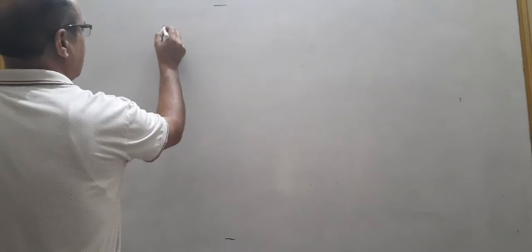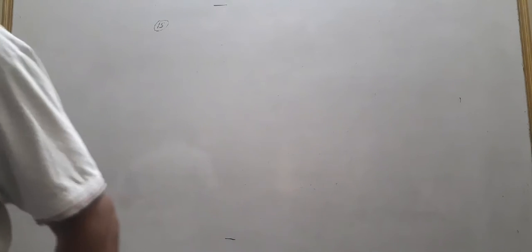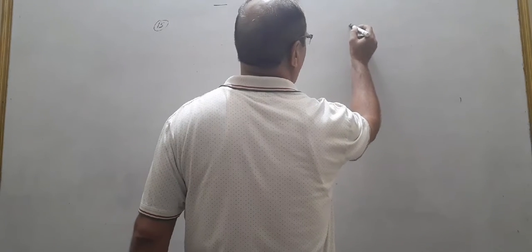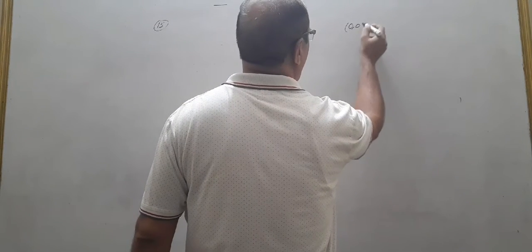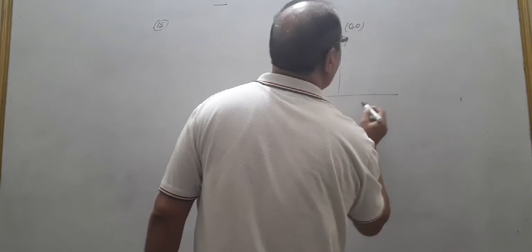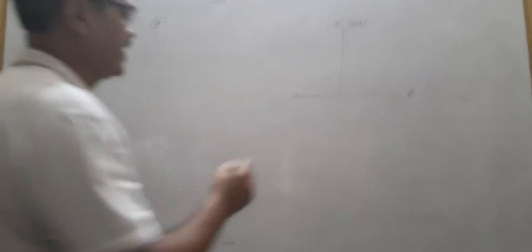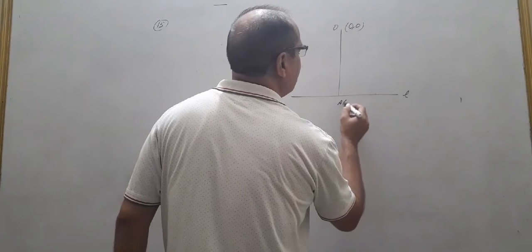Now after this question number 13, I will start another, question number 15 of the same exercise. What is given in question number 15? I already told you, you read the question properly. The perpendicular from the origin to the line meets it at minus 2 and 9. Let this be the origin O, and the perpendicular from the origin meets the line, let this be the line L, at the point minus 2 and 9. Let this point be named A.